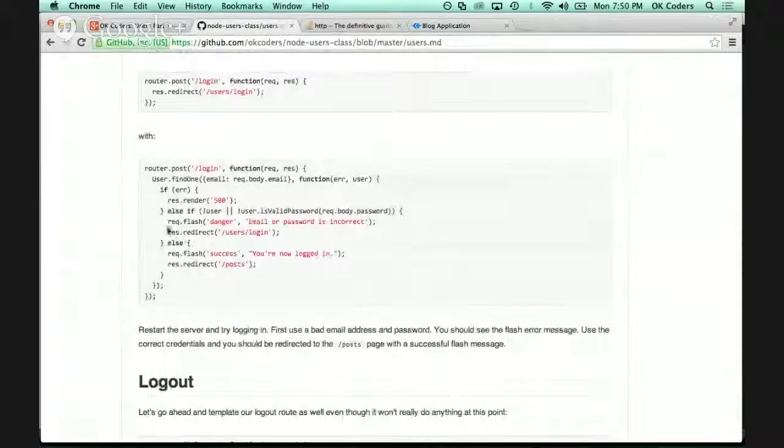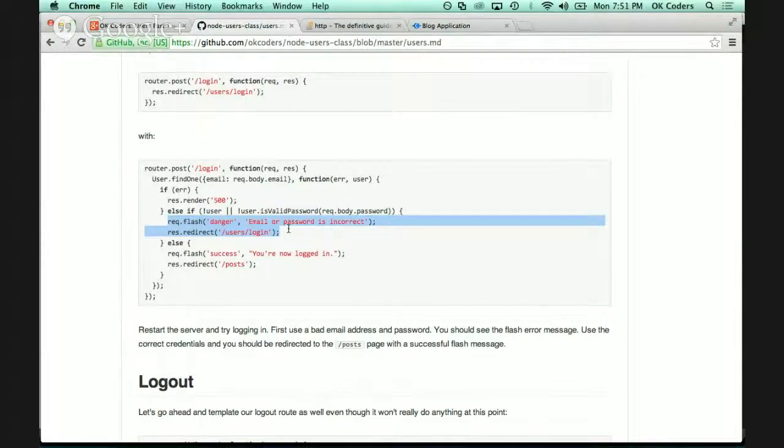I'm going to look for that user in the database using the same method, user.findOne, with the same email, request.body.email, right? The function callback gets an error, and then the user instance if it was found. If I get an error, it's an error. Otherwise, if I don't find the user, so the user does not exist, that email address is not in the database, or the user's password is not valid, then I should redirect them back to the login page with